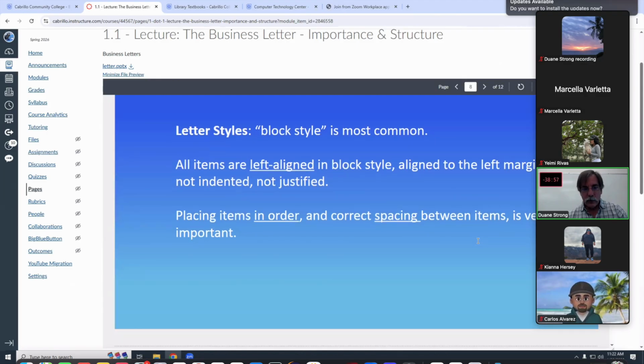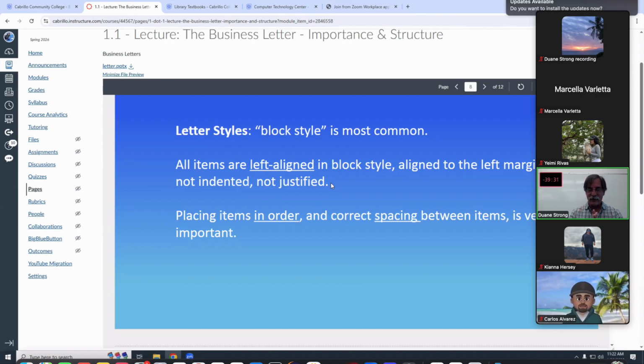Okay, so let's talk about the formatting or styles of the formal business letter. I mentioned it's kind of like a Japanese tea ceremony. There's a definite ceremony that you go through. People expect it to look a certain way, certain margins, certain alignment, right? So we're going to use the block style, which is the most common kind of letter style. In the block style, all the items are left aligned, right? So it's like you're in Word, and I have a Word template file for you here, so you don't have to remember how to do all this stuff.